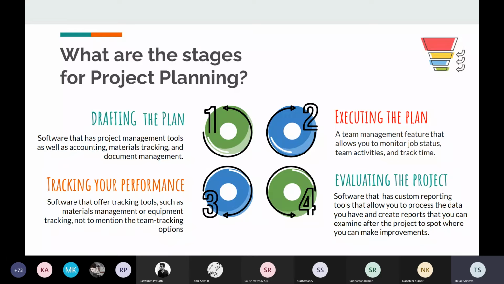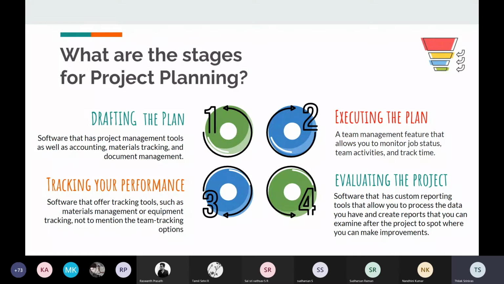First, let's see drafting the plan. First you have to create the project initiation document, right? It's called the PID, which basically contains information on, let's say, the number of laborers you need, the resources you need, and the budget that is allocated for the project. Once we have this, we use various processes to set concrete goals to achieve the project, right? How to draft a plan will be explained by my teammate Divya in the later half of the presentation.